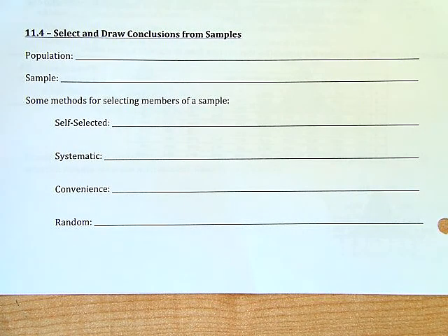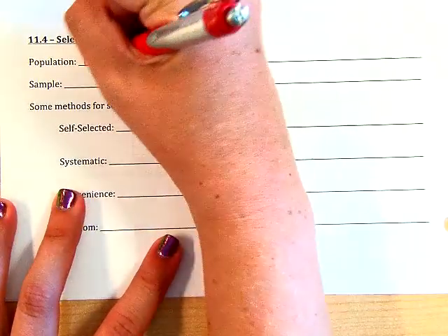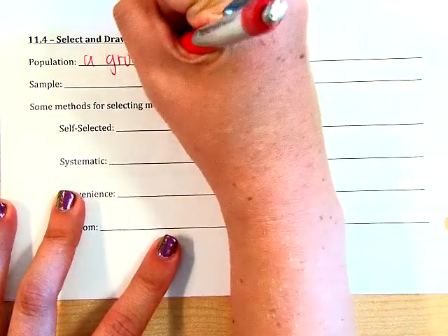Okay, here we go. We're on 11.4. This one is a little bit long, mostly because it's a whole ton of vocabulary, but other than that, you should be good. So, population is a group of people